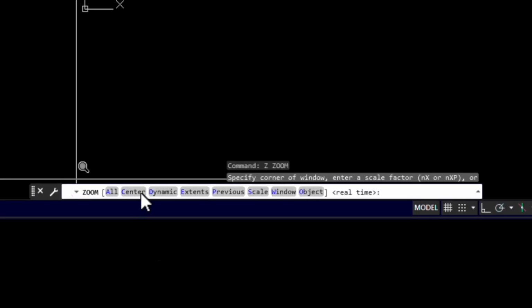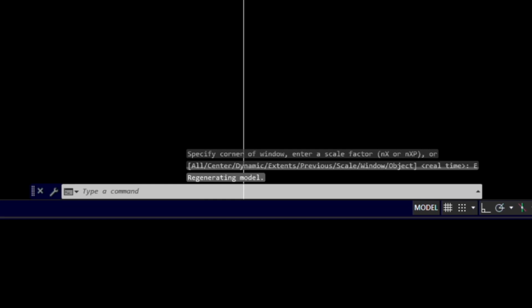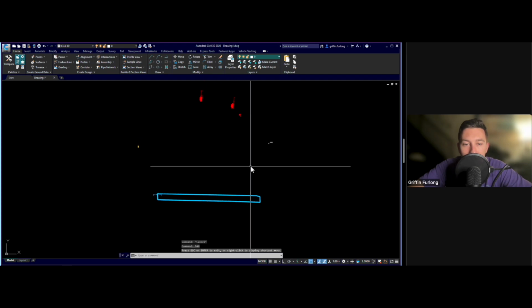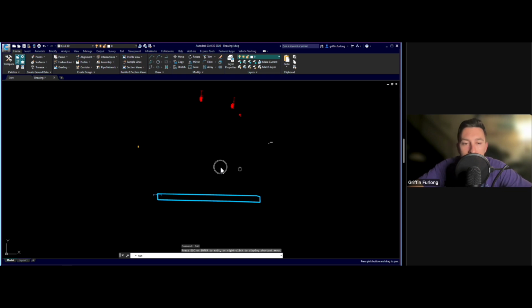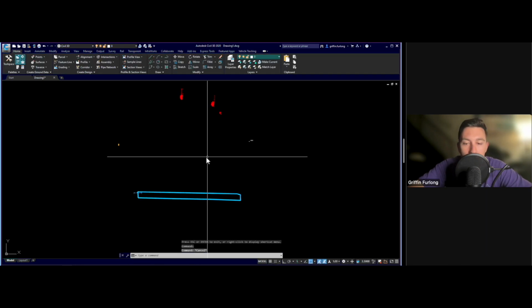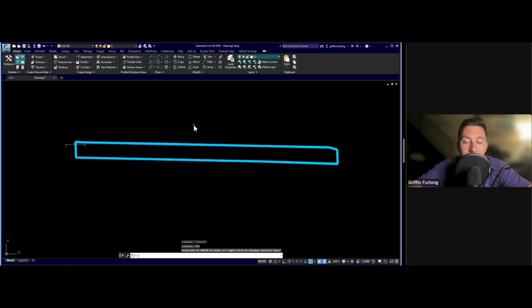Now it's going to ask which of these zooms I want to do. I said that I want to do extents, and what that does is it zooms all the way out so you can see everything within this drawing. Okay, so I still don't really see it, but I see something right there. So let me zoom into this guy. All right. So I got some stuff in here. It's not exactly what I wanted to see. I thought I had a little bit more stuff in here, but so again,